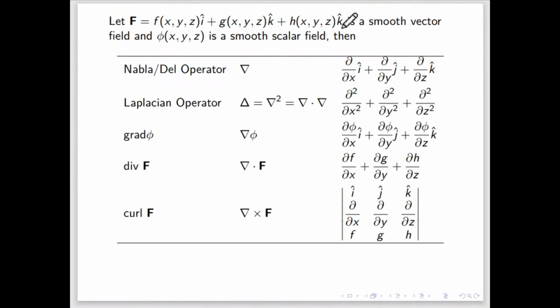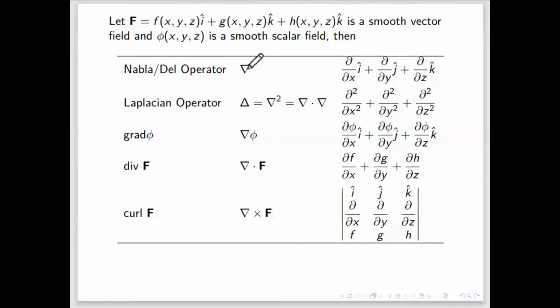Then these are some operators. Gradient we have already seen. What is the gradient? If you apply the del operator to some scalar phi, then it will be del phi by del x, del phi by del y, del phi by del z. This grad phi represents the normal to that surface, which we have already seen. So that is called the gradient of phi. If we read this notation, we read it as gradient of phi.